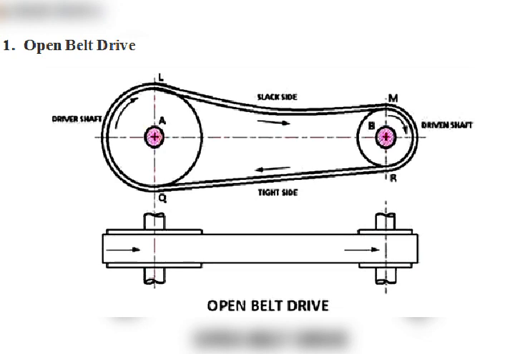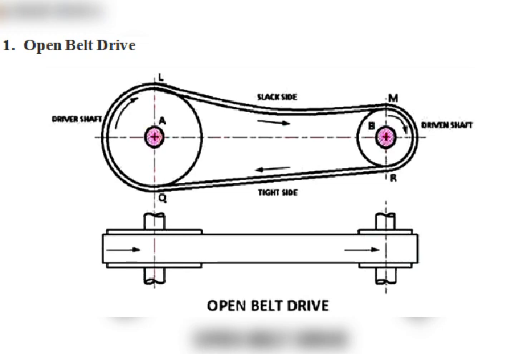In the figure, it has shown the arrangement of an open belt drive. Generally, as one of the fundamental concepts, we always try to keep the slack side at the top. The shaft which transfers the power is the driver shaft, and the one to which we transmit is called the driven shaft, shown in the figure with the driver pulley A and driven pulley B. Those are the shafts A and B.